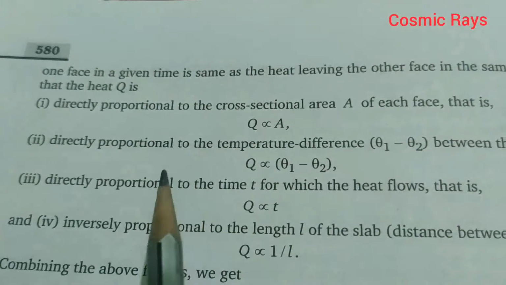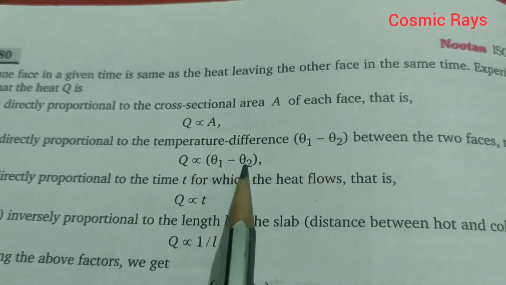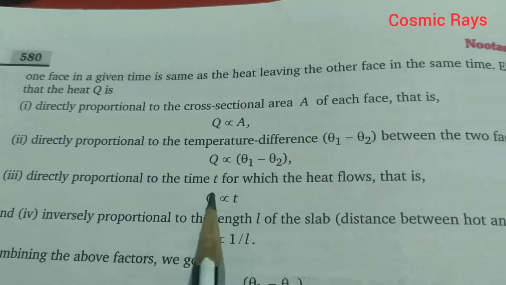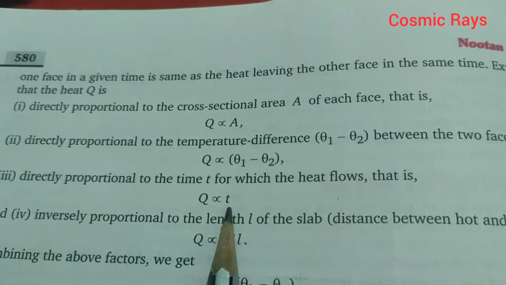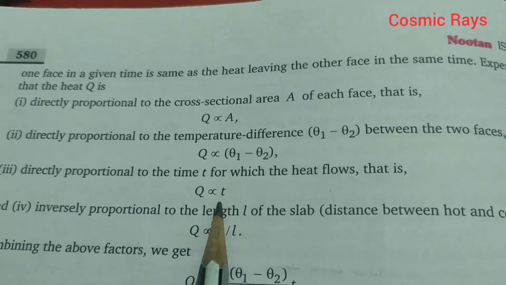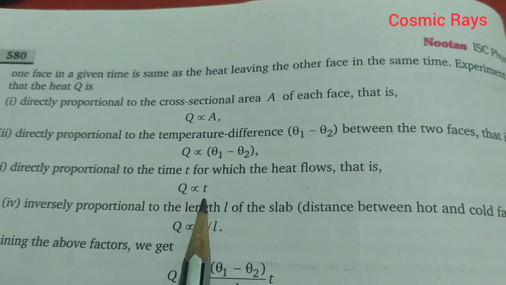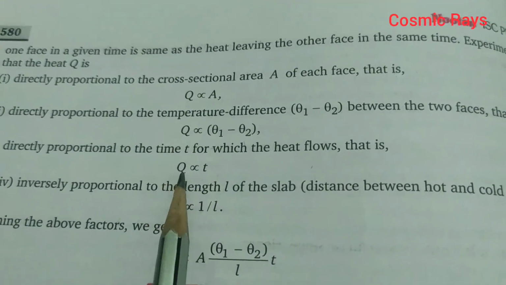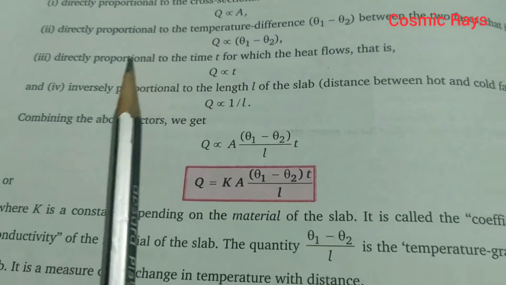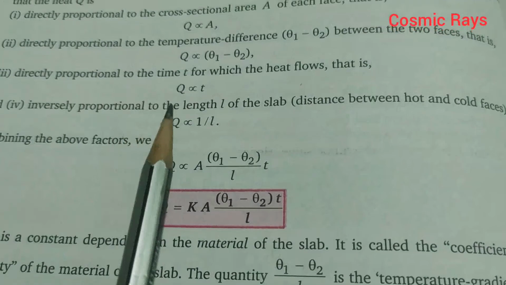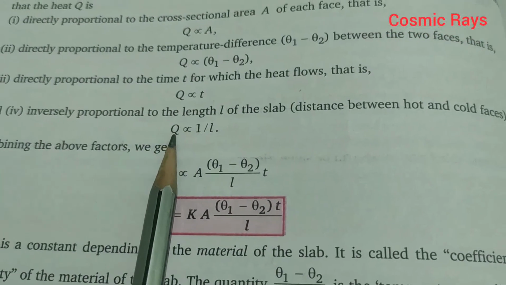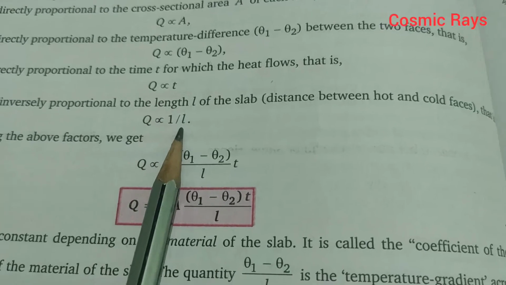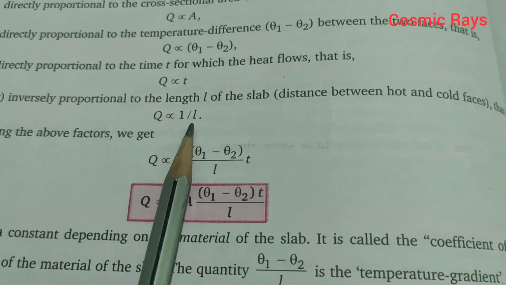So Q is directly proportional to theta 1 minus theta 2, that is the temperature difference. Then Q is also directly proportional to the time. That means the more time heat is supplied, the more will be the amount of heat. Now finally, the total heat is inversely proportional to the length of the slab, because